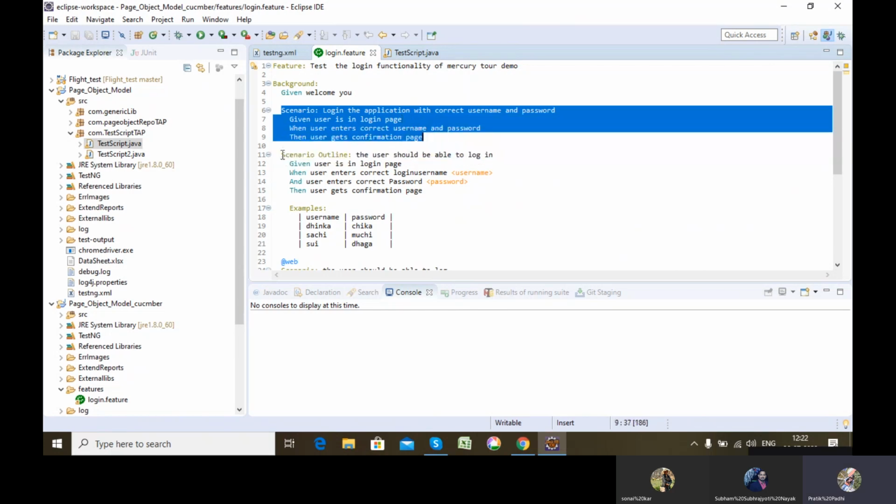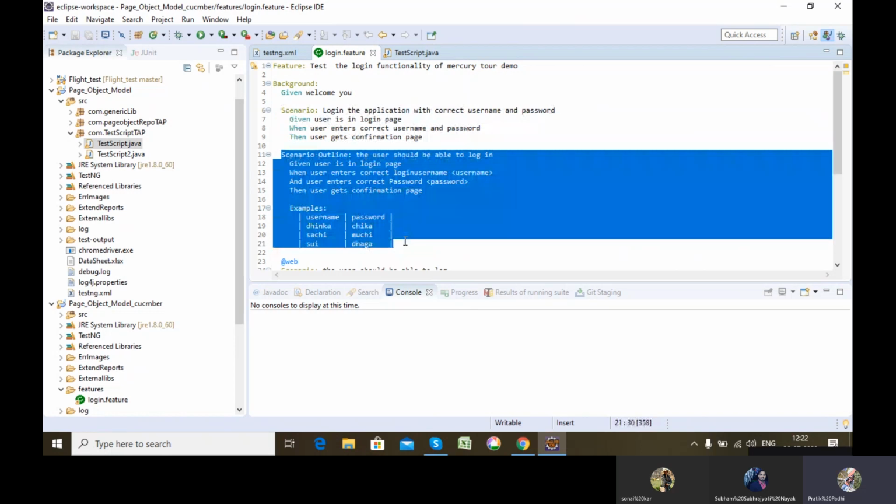So what is scenario outline? You can compare scenario outline with the data provider which we read during the data driven framework. In the data driven framework, we passed a set of data to the function, and we did not have to give any loop.